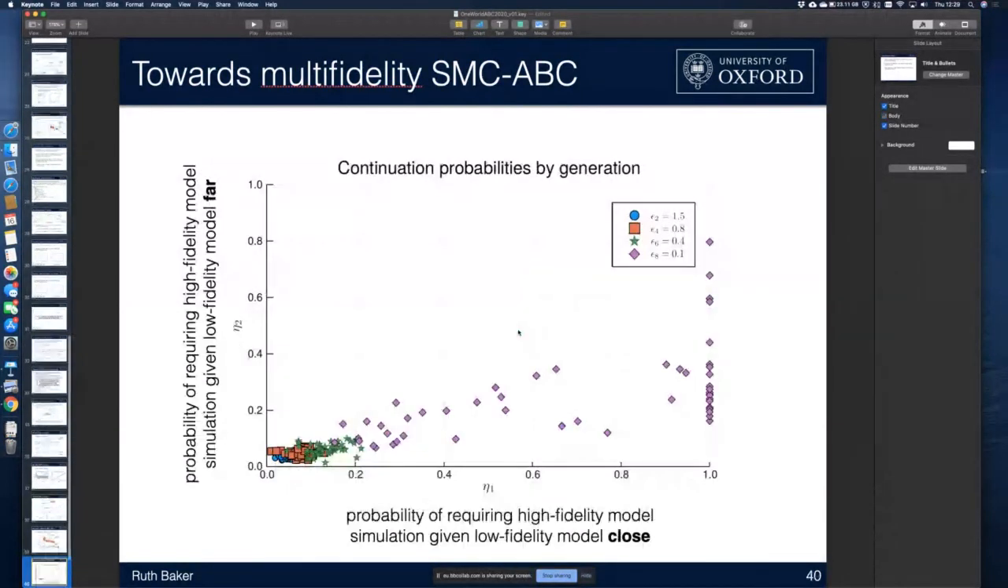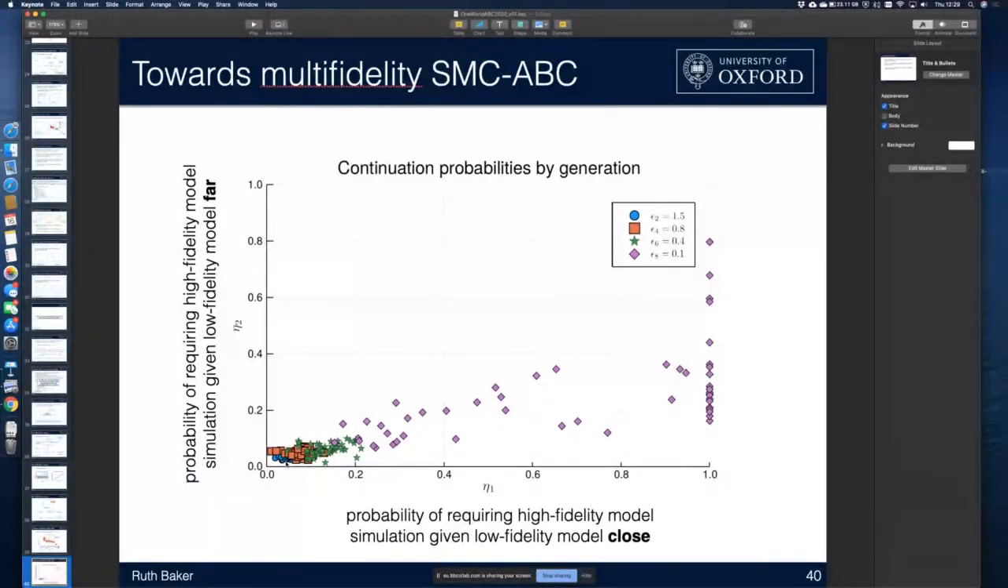Okay, and then this is echoed by this plot here, which shows you what these continuation probabilities look like over successive generations. So eta 1, which is the probability that you require a high fidelity model simulation given the low fidelity model is close, is on this axis, and then given that it's far is eta 2, and that's on the vertical axis. So you can see that in a very early generation, so down here is epsilon 2, essentially